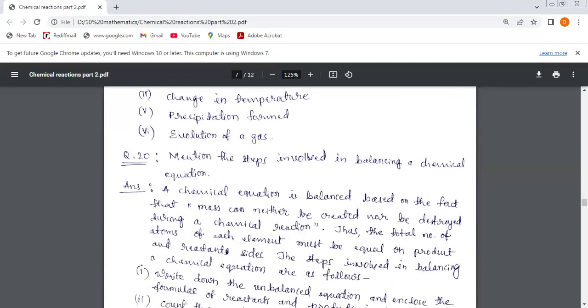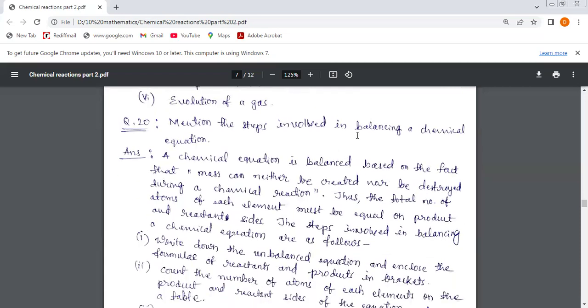So next question is, mention the steps involved in balancing a chemical equation. In the first session, we have seen what a chemical equation is. A chemical equation is the representation of a reaction by the formulas of the compounds involved in that reaction. So a chemical equation is balanced based on the fact that mass can neither be created nor be destroyed during